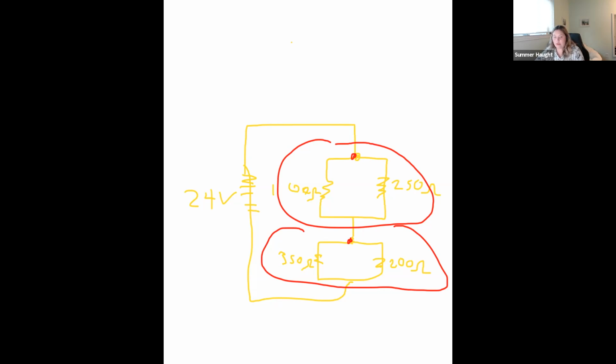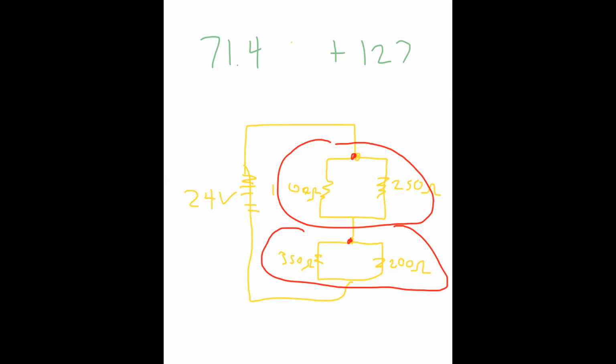Now I'm going to write it up here. For the 100 ohm, 250 ohm part of our combination circuit, we know the total resistance is 71.4, and the second one was 127. We also know, by looking at the equation we talked about at the beginning, that now we can just add these together like it's a series circuit. So the sum of these is going to be the answer for the question of the total resistance of this whole circuit. So the total resistance of this circuit